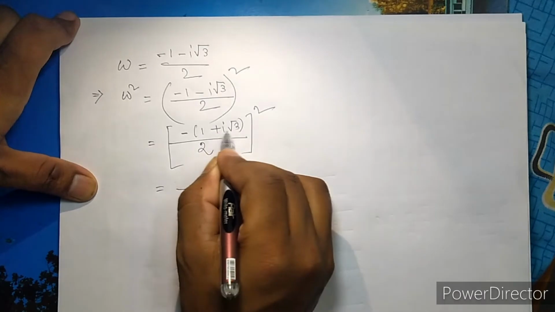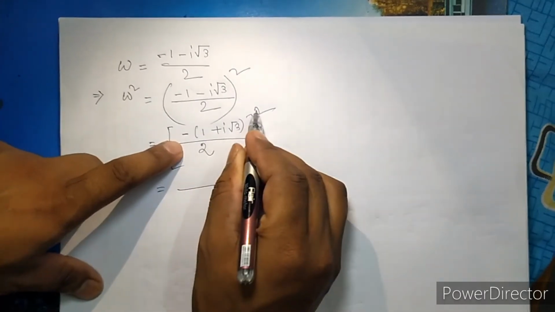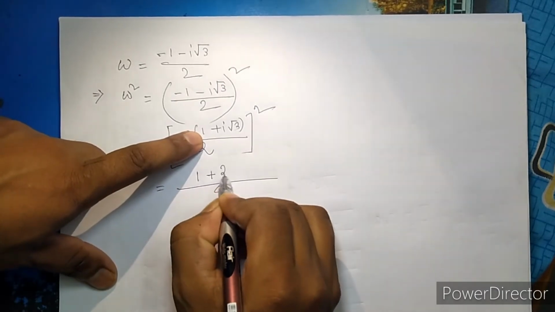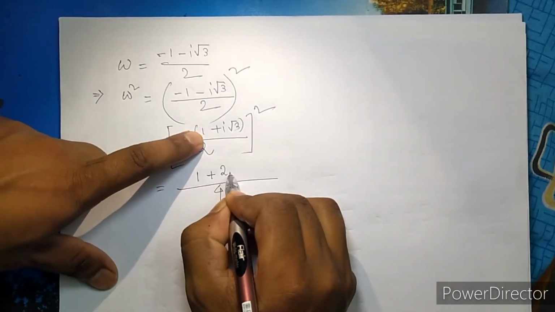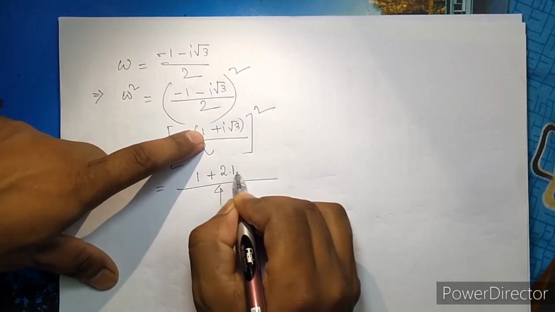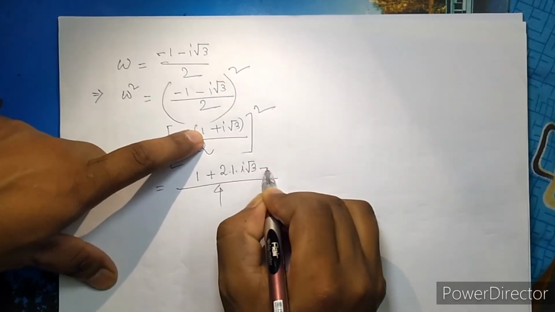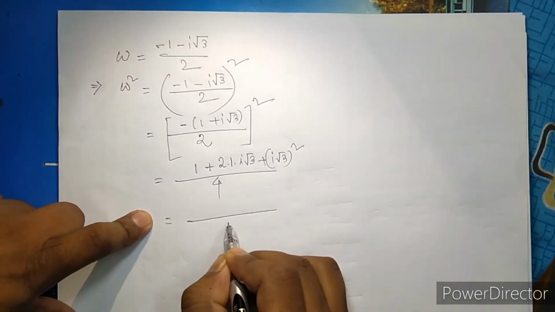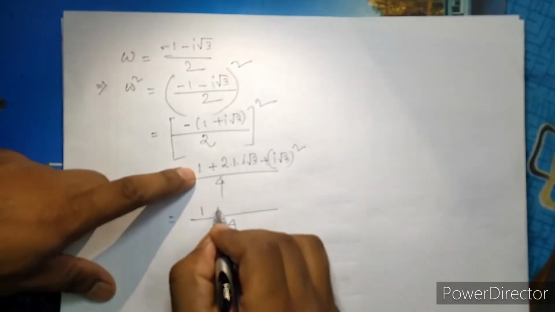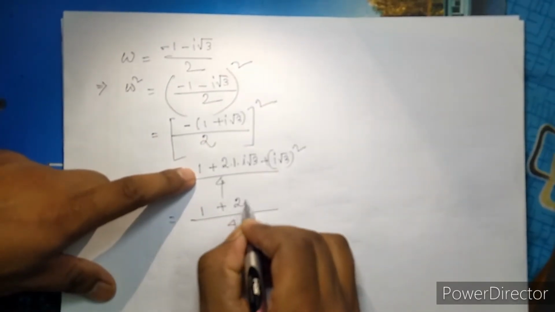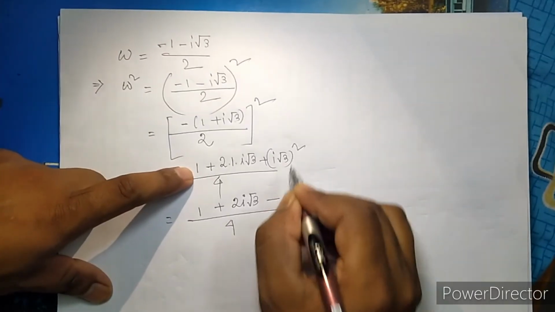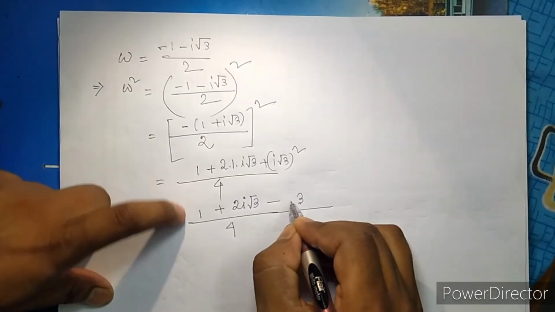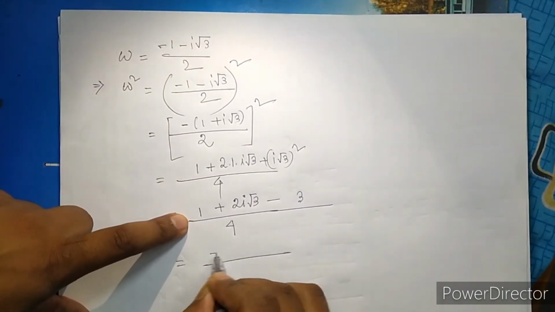If we square using the formula, minus square will be plus, a plus b whole square, so a square plus 2ab plus b square: 1 plus 2 i root 3 plus i square root 3 square, where root 3 square is 3 and i square is minus 1, so minus 3, so it will be minus 2